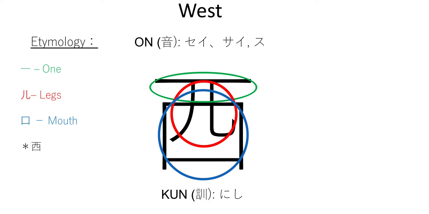So the first part to see is the mouth and the legs. I see this, okay, and I think of this story. Someone is extremely hungry and there's no food in the area. So what they have to do is take up their very, very few possessions in hopes of getting 1 meal and go west. So I imagine this very decrepit looking old man who's extremely hungry and wants to be able